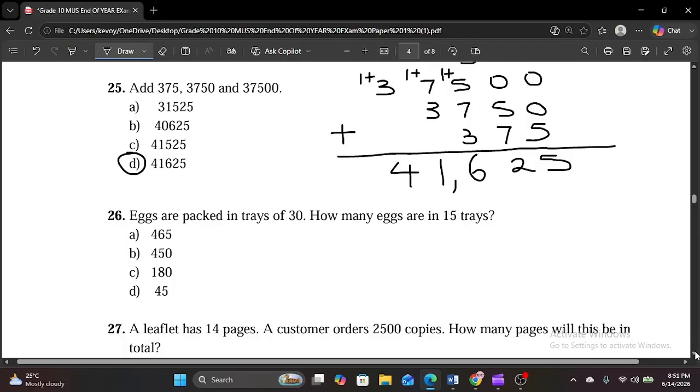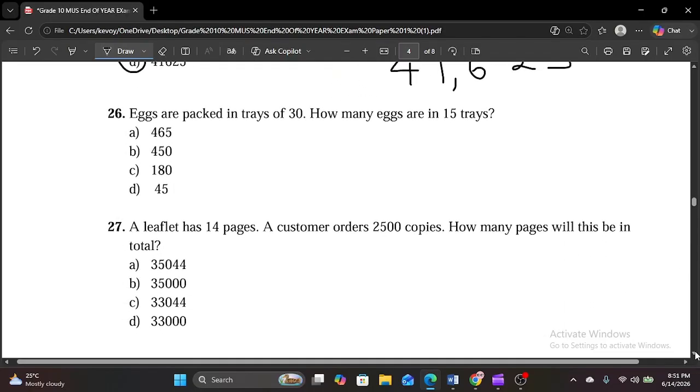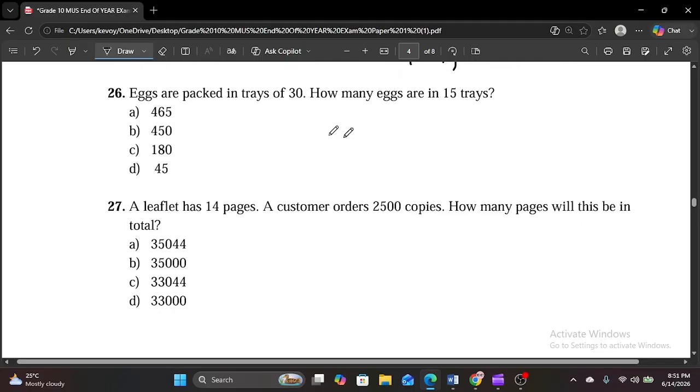All right, moving on. So eggs are packed in trays of 30. How many eggs are in 15 trays? So if eggs are packed in trays of 30, that means that 30 eggs are in one tray. So 30 eggs are in